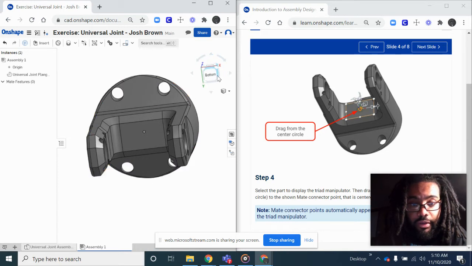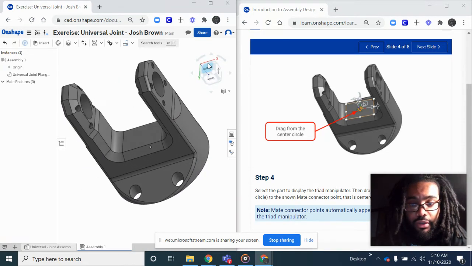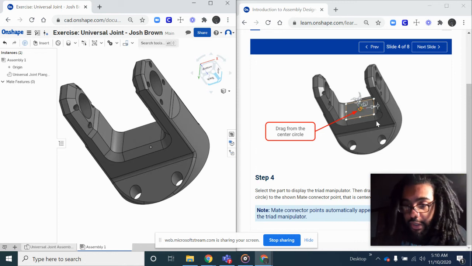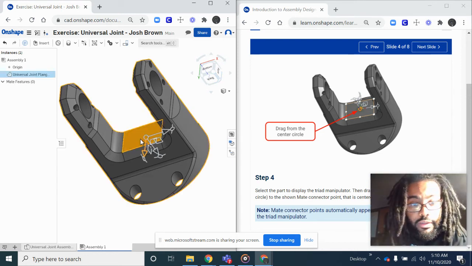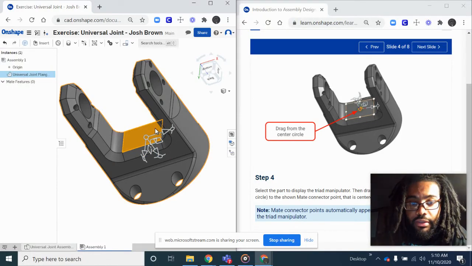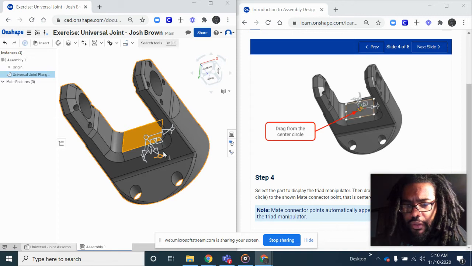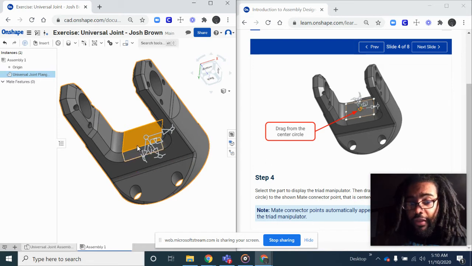And while I'm looking at the bottom, it's probably best to try to make it look just like the picture here. We're going to try to make that copy look exactly like it. I'm going to select on the underside, and you'll see I get these parts right here showing, okay? And what that looks like is I'm going to go to the next slide now that we have that look